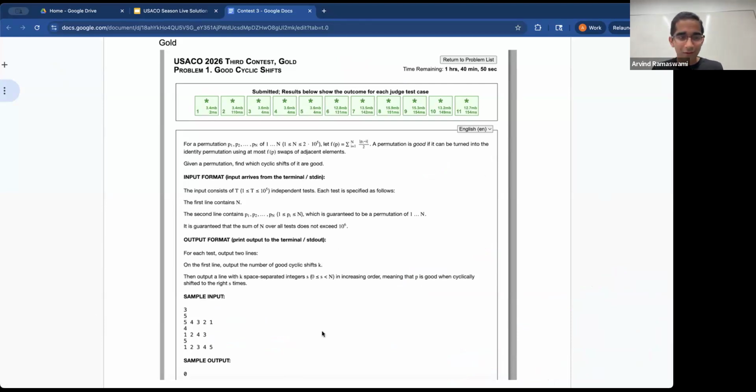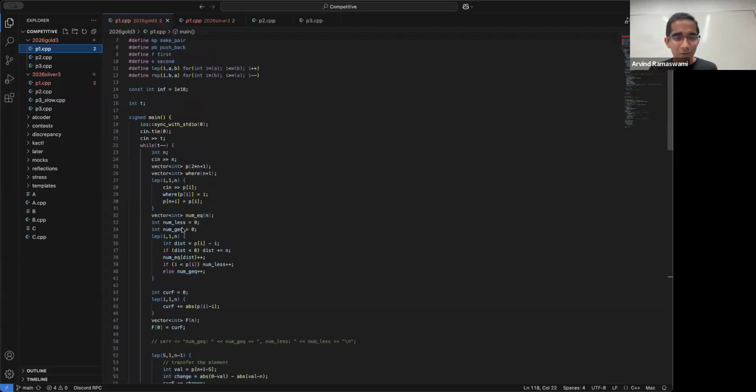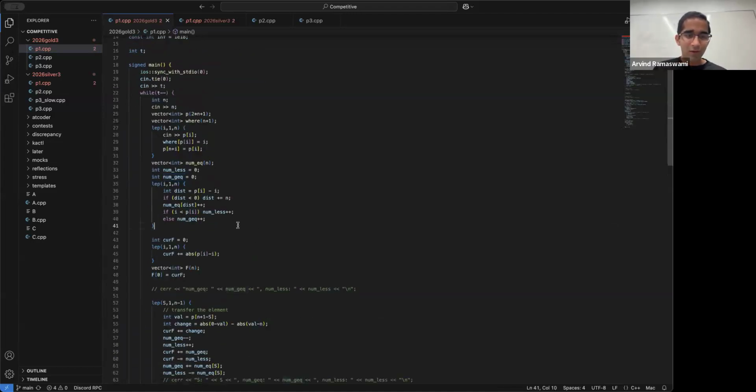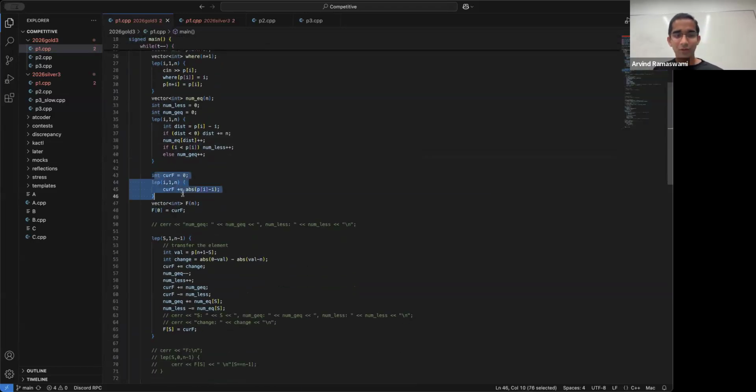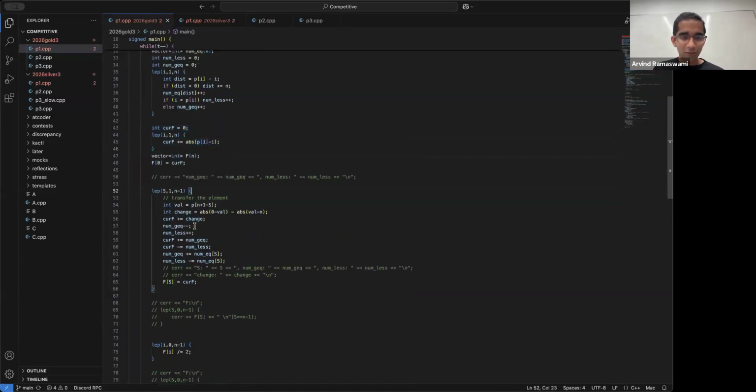I'll briefly screen share my implementation. There's nothing much new to show, but basically you can keep track of the number of things that are less, and the number of things that are greater than or equal to. This is the initial contribution, and then cur F is the sum of all the terms. And as you shift things,